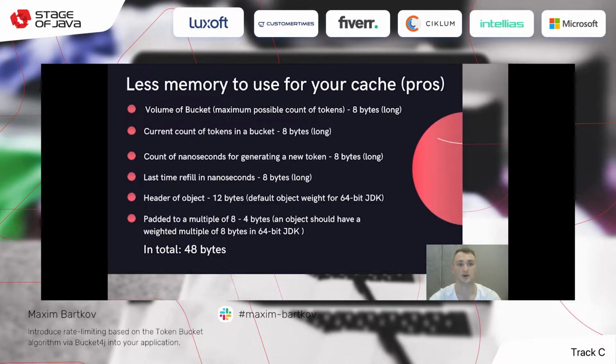Also, based on all of these variables and the header of the object, the current weight of our object is 44 bytes. But for 64-bit JDK, our object should have a weight multiple of 8 bytes. So we add 4 bytes, and in total we have 48 bytes. So this is the most important advantage, because it is very important to use less memory, because we usually store